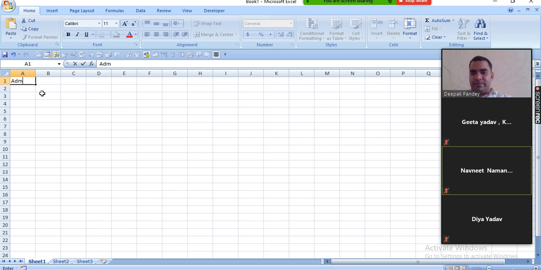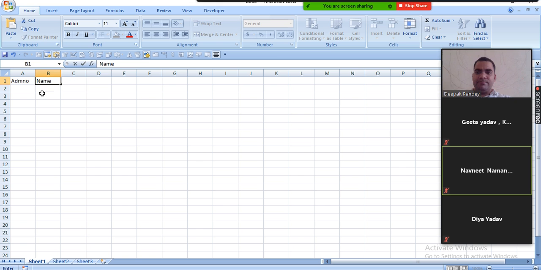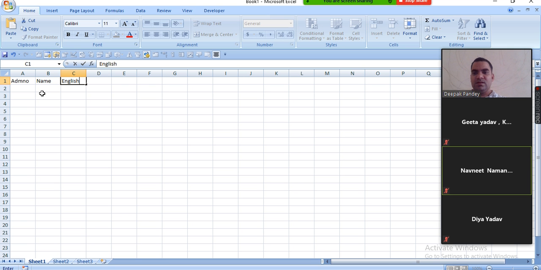add admission number, right? First column is admission number. Second is name. We are designing a table for auto sum practice. And third column is English, Math, Computer science, Total.